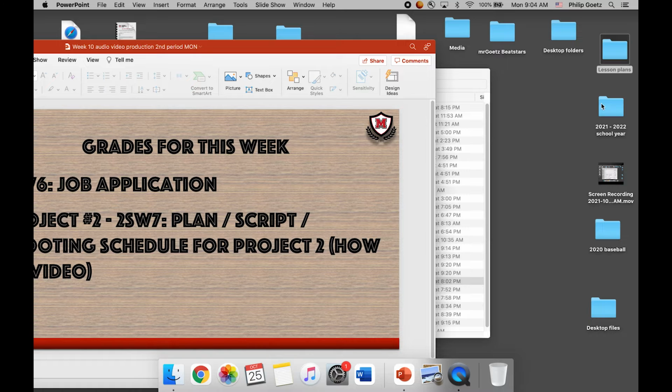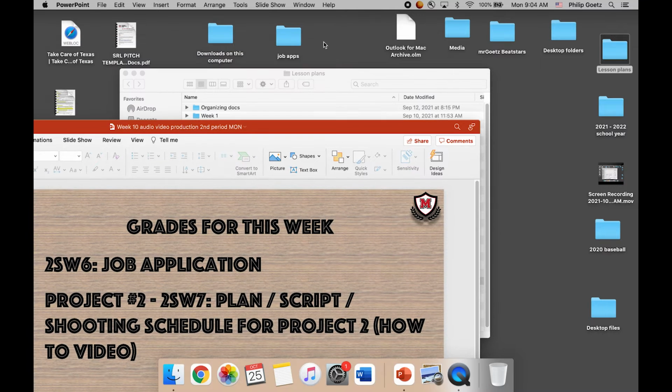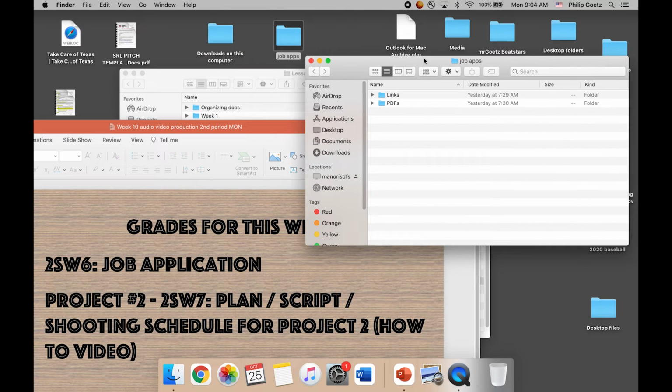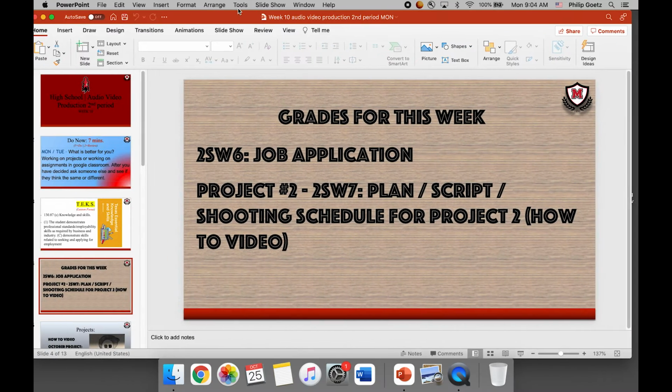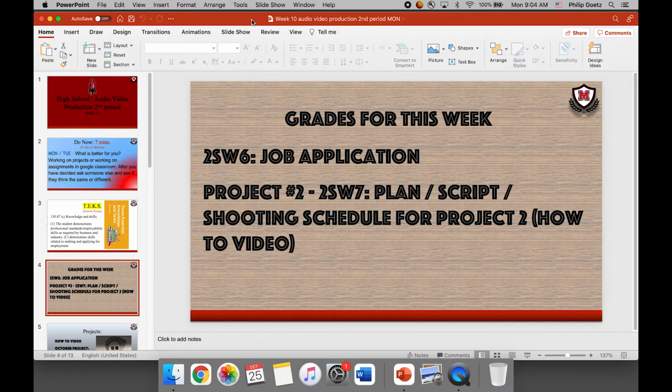What I mean by that is when I go to the job applications, I have 7-Eleven, Ace Hardware, Chuy's Restaurant, Forever 21 Clothing, GameStop, Hobby Lobby, Jiffy Lube, Petco, Sally's Beauty, a general application in Spanish, and then the state of Texas. I'm going to have these printed for students to fill out, and the goal is not to turn